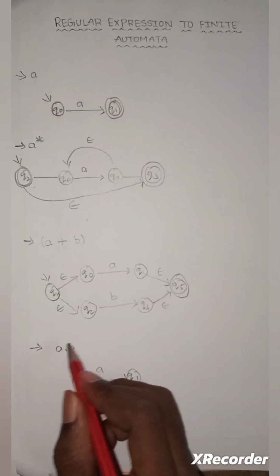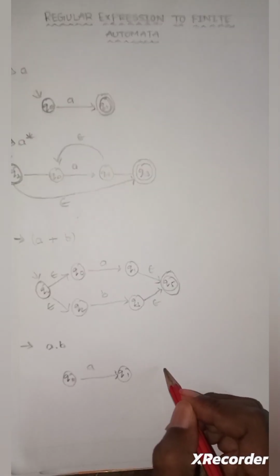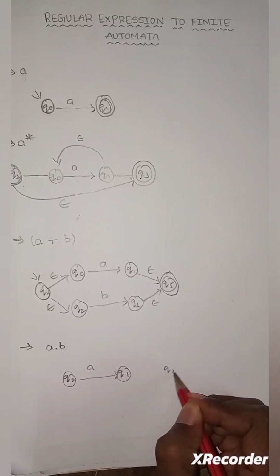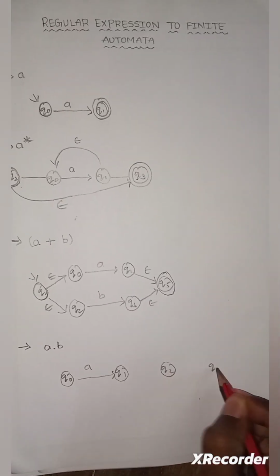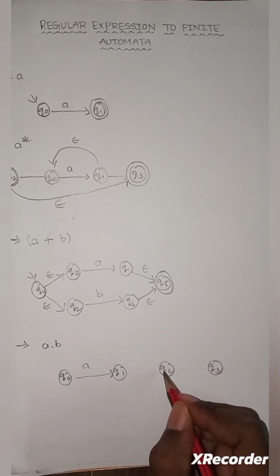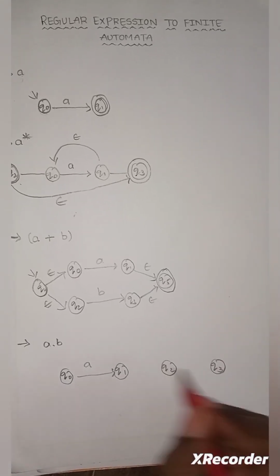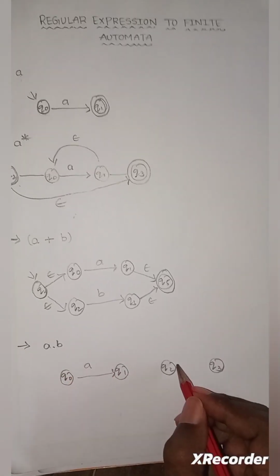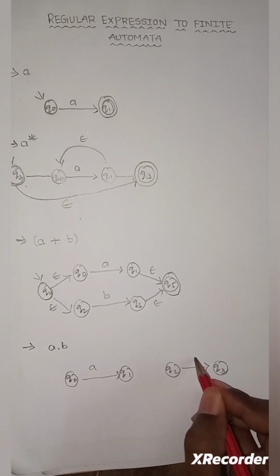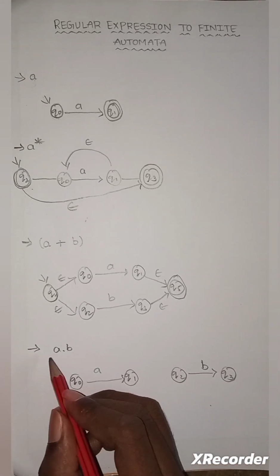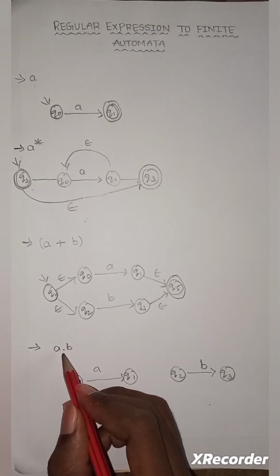And for input symbol B also, we have to take two states, that is Q2 and Q3, right? And these two states, Q2 and Q3, will be connected by input symbol B, right? And in between the A and B input symbols, we have dot,